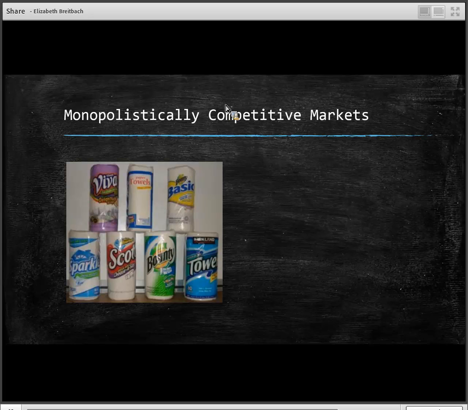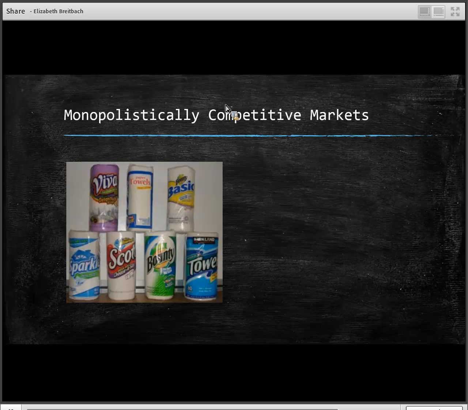Gasoline in a small town. Depending on how small the town is, I came from a town in Iowa where there was only one gas station, so that would be a monopoly. But in a small town where there might be 3 or 4 gas stations, that could cause an oligopoly. It could cause collusion in the market. But depending on exactly how small the town, if there weren't any other gas stations nearby, it could be a monopoly. But what I would guess is an oligopoly. Traditionally, even if there's only one gas station in town, there's another one that's close by so that you can get gas. And I would say that that would be considered an oligopoly.